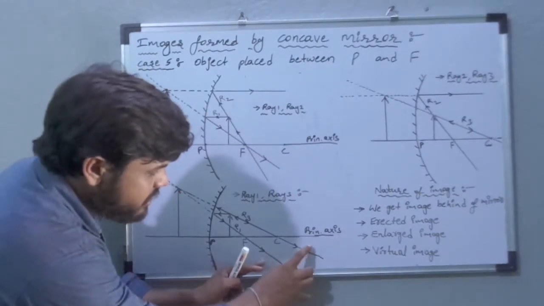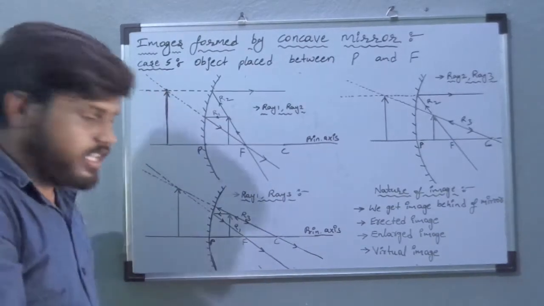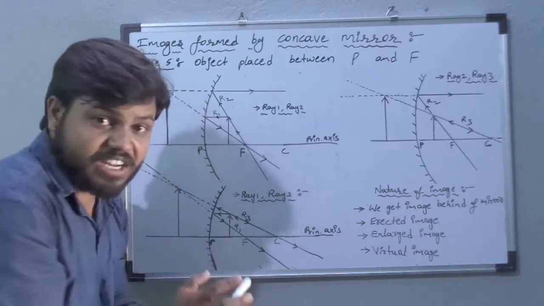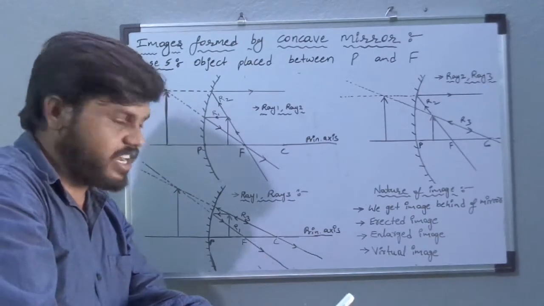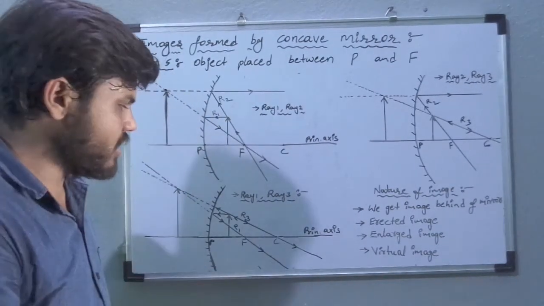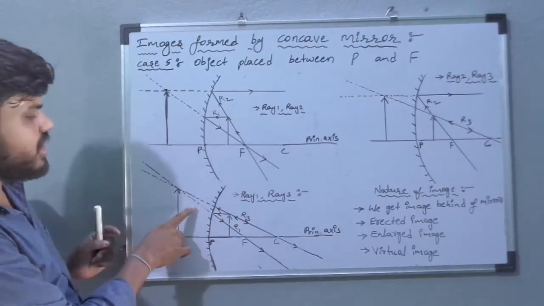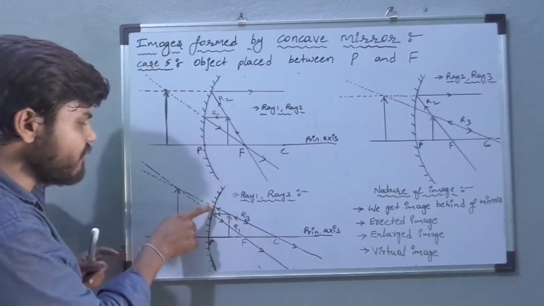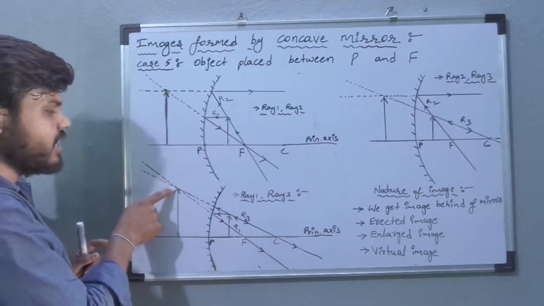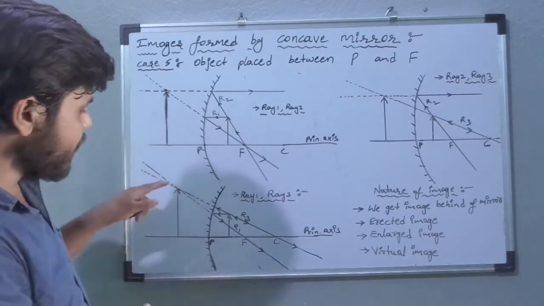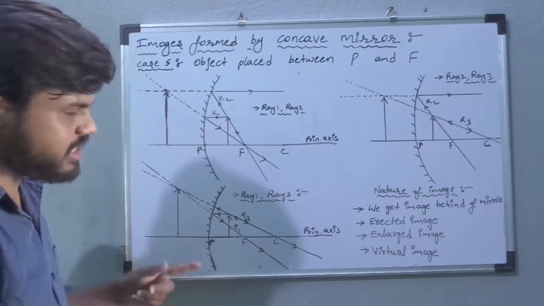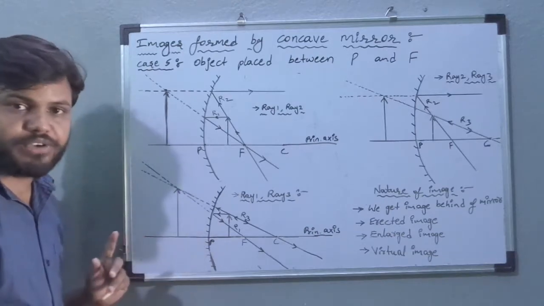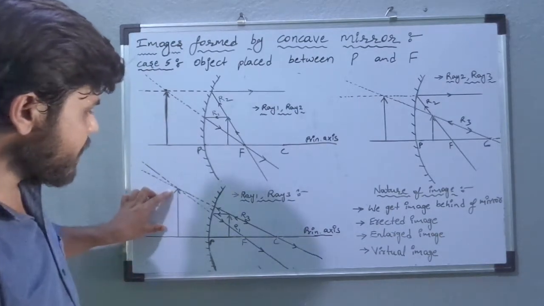See, if you observe these two reflected rays, there is no chance to get a real image because these two reflected rays are diverging from each other, right? Means moving away from each other. Okay, we should check whether we get the virtual image or not. For that, I extended the reflected rays backside of the mirror. Here I got the intersection point. If we join this intersection point and the principal axis, we get the image. By using a perpendicular line only we should join, right? So this is the image of the object.